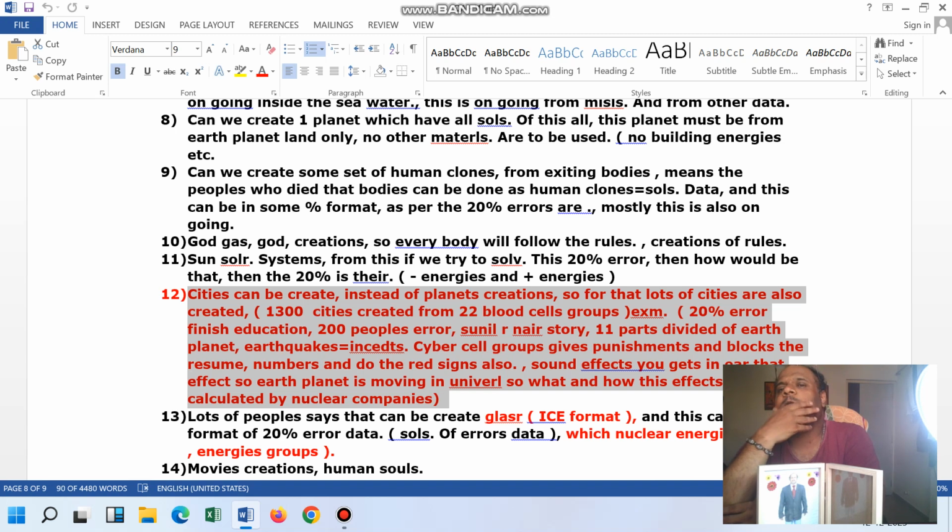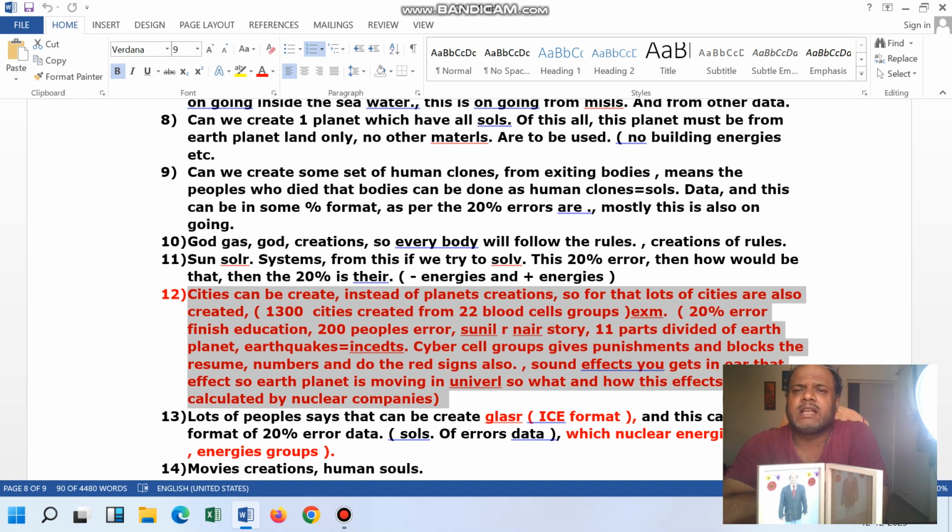For example, one person told that the earth planet, whenever it moves, gives some different sound effects. Then one of the persons told that yes, you are correct, it gives some different sound, because he told that whenever the earth planet moves, that time the sound connects to the universe, and it connects to some different sound. The reason is whenever the earth planet moves, that time the energy of the earth planet also moves. So like this